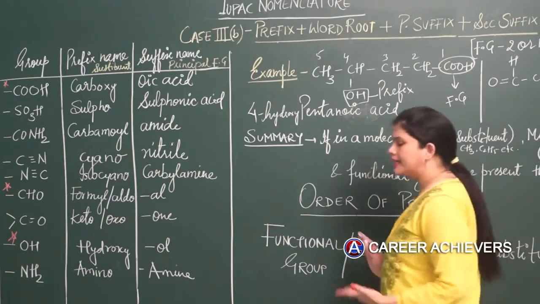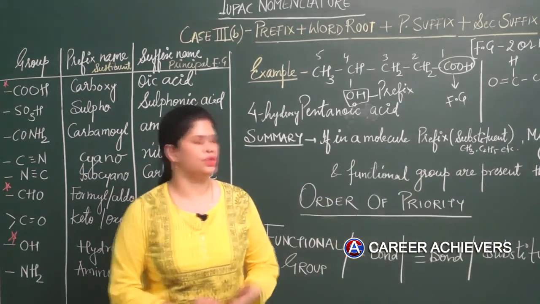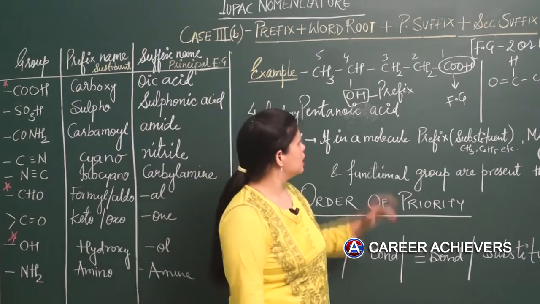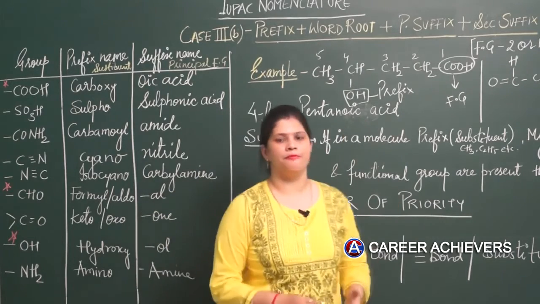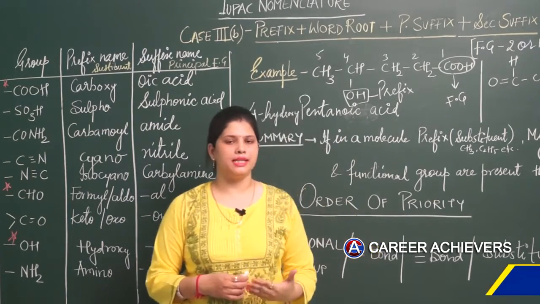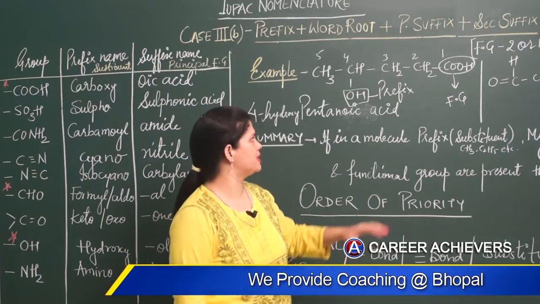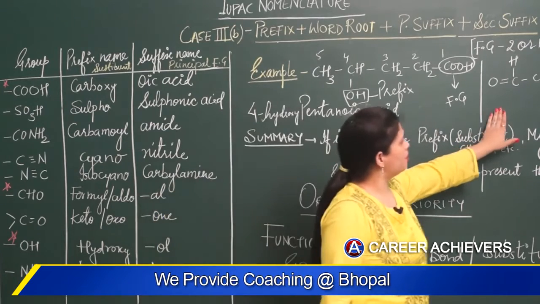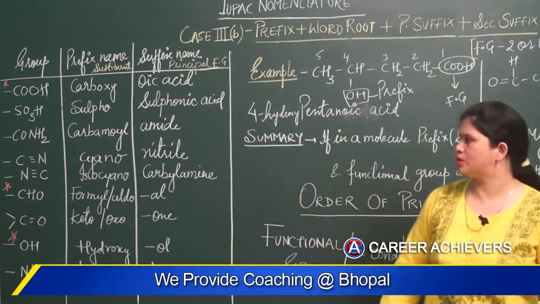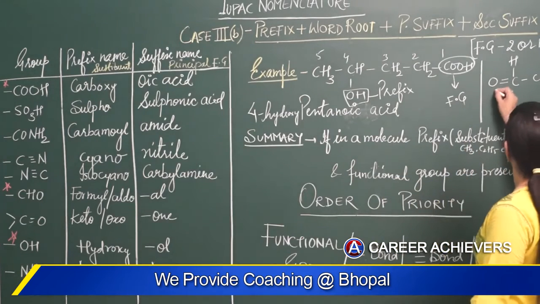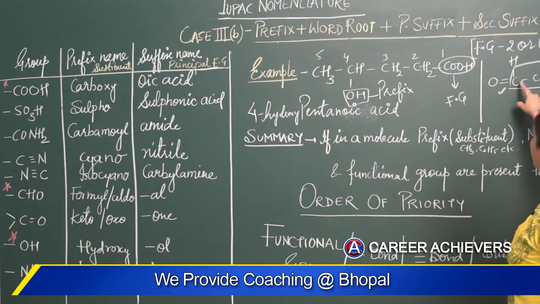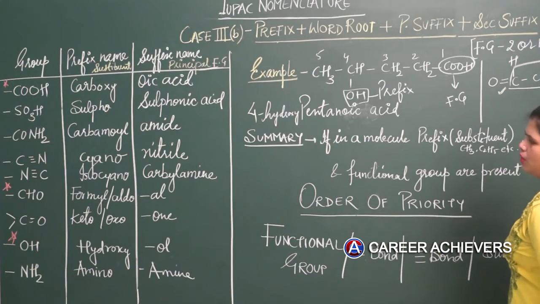It means in this example there is a situation which is called the presence of polyfunctional groups, right? Polyfunctional groups means when more than one functional group is there. It may be two, more than two, right? If we talk about this example, then here also we have two functional groups, and the longest chain is having 3 carbons. The two functional groups are this aldehydic CHO and this COOH.